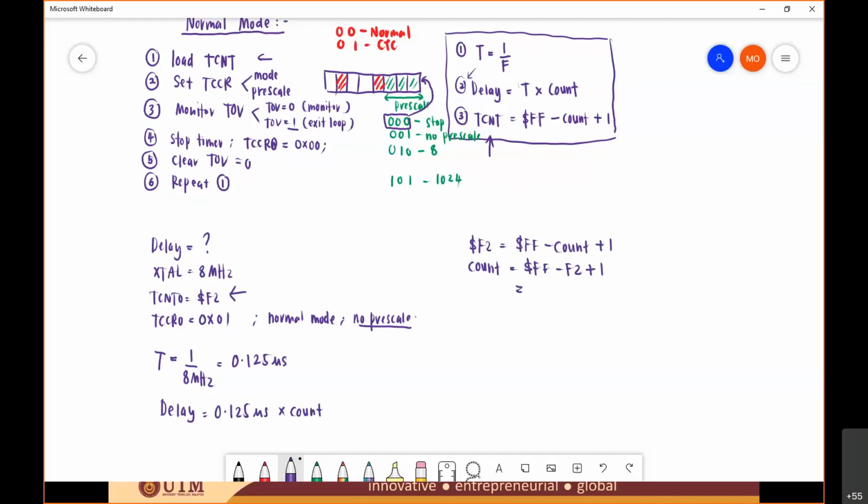Okay, 14. FF minus F2 plus 1, supposedly you will get 0E. Is it 0E? A, B, C, D, E. Yeah. And which is equivalent to 14. So now from here, you can put it into this equation. So 0.125 microsecond, multiply with your count, so this is 14 times. Multiply with 14, then you will get 1.75